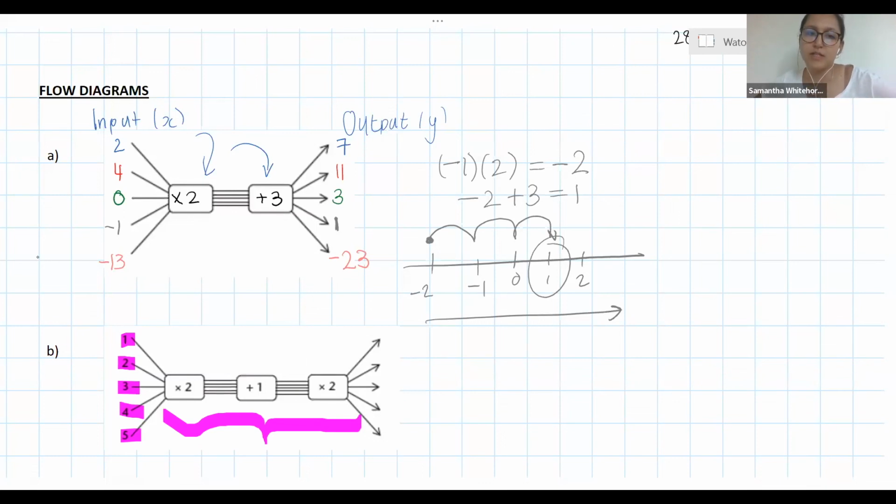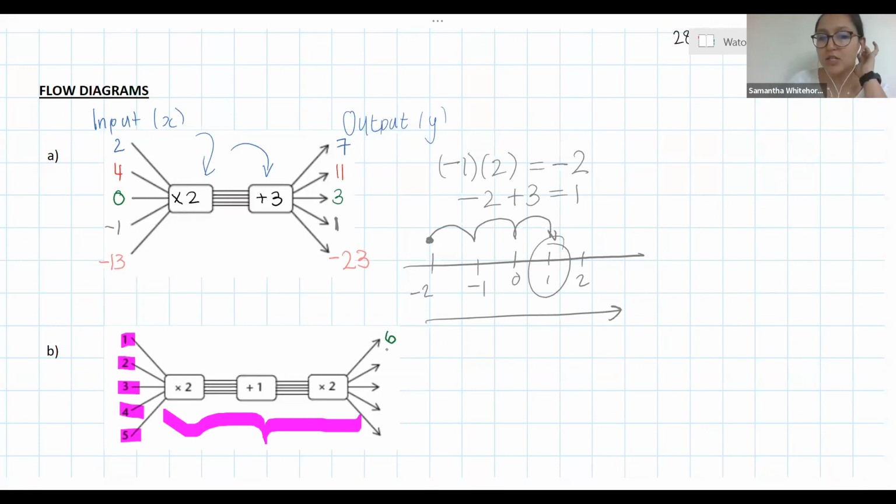Okay, what is 1 times 2? 1 times 2 is 2. Okay, what's 2 plus 1? 2 plus 1 is 3. And what's 3 times 2? It's 6. Okay, now the reason is, did you do it on a calculator? Yes. Okay, so guys, what you need to be careful of is if you put this in on a calculator,